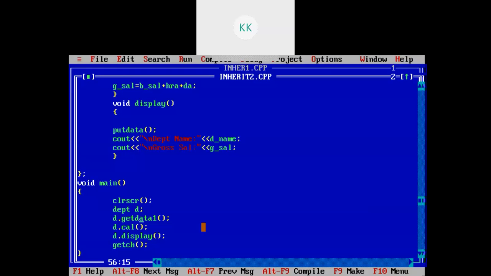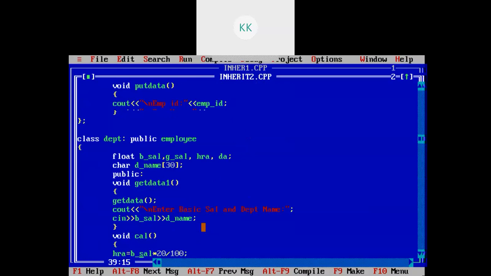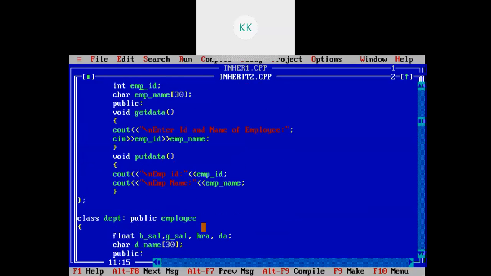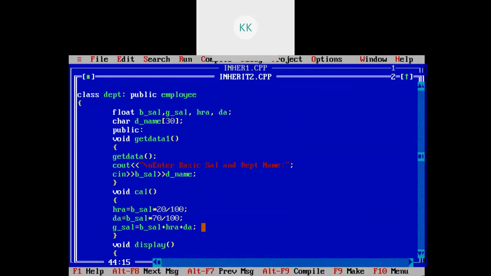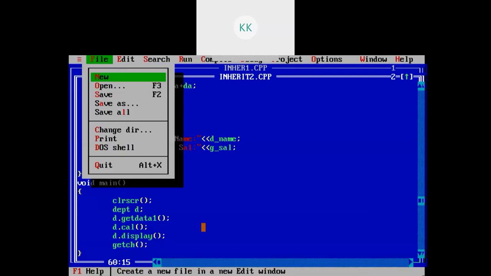Okay. Anybody has any doubt? Anything you didn't understand, you can ask now, because this is very important. Questions of up to 22 marks can be asked. If any doubt, you can ask. Anybody? Anybody has any doubt? Shall we proceed further? Okay. So I hope nobody has any doubt. So I will proceed further.